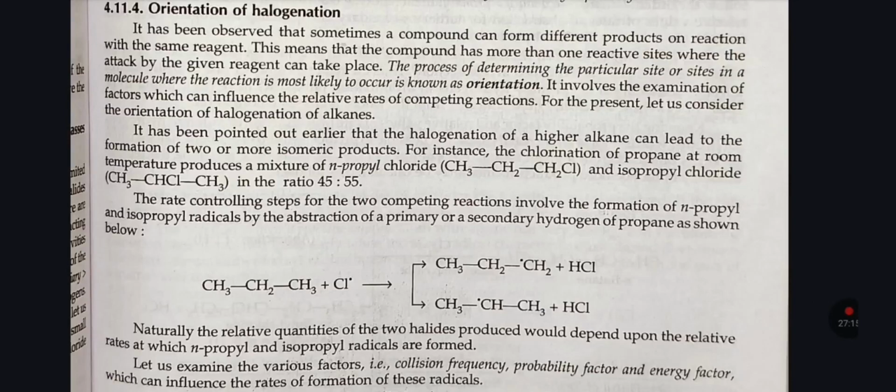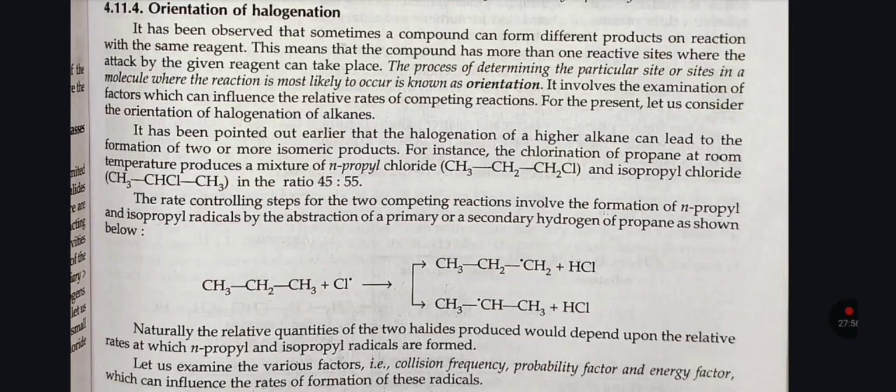For instance, the chlorination of propane at room temperature produces a mixture of n-propyl chloride and isopropyl chloride in ratio 45:55. The rate controlling step for the two competing reactions involves the formation of n-propyl and isopropyl radicals by the abstraction of primary and secondary hydrogen of propane as shown below. CH3CH2CH3 plus Cl radical will give CH3CH2CH2 radical plus HCl, and CH3CH radical CH3 plus